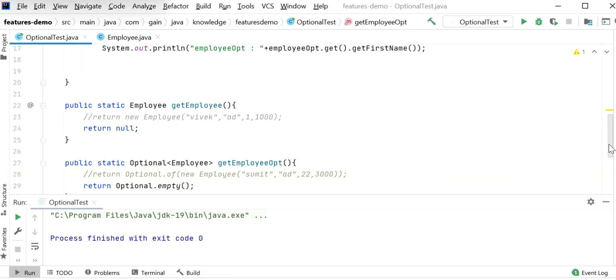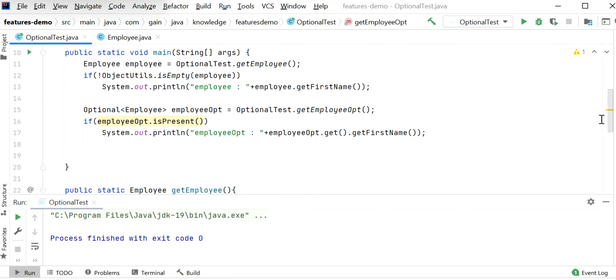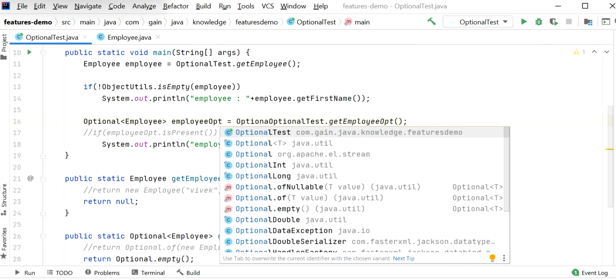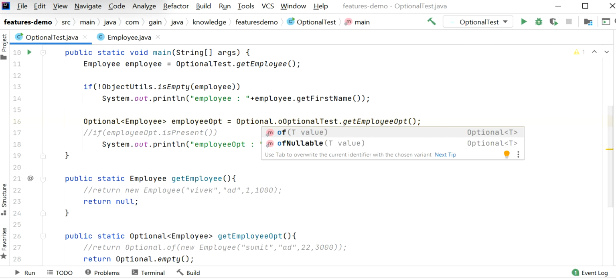So what is the benefit of using isPresent over a not-null check? Both are having the same lines of code, so why are we going to use the Optional class? If we don't want to use the Optional isPresent method to check if the object is empty or not, then what we can do is just call the Optional ofNullable method.